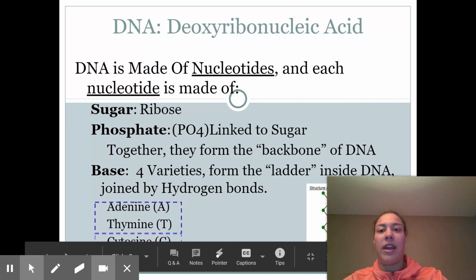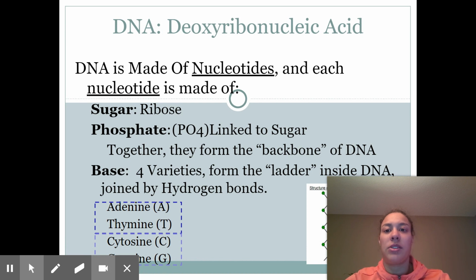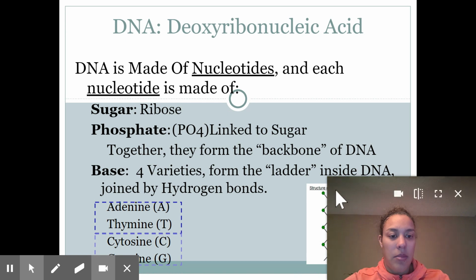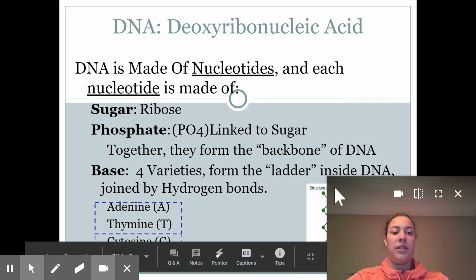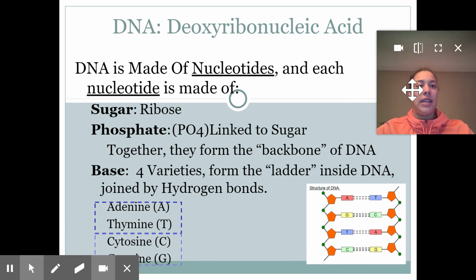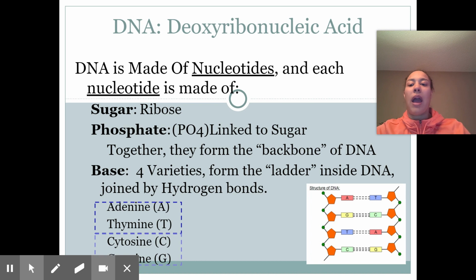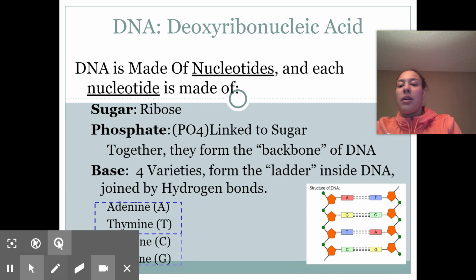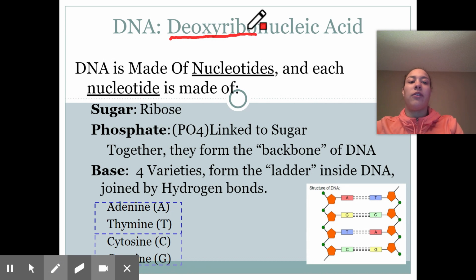All right, hi everyone. I'm going to go through in more detail the DNA replication process with you. And I just wanted to cover a couple things at the beginning regarding the structure of DNA first. So DNA is called deoxyribonucleic acid. Each piece of this is going to give away part of its component. So the deoxyribo part is referring to right here. That's referring to the sugar